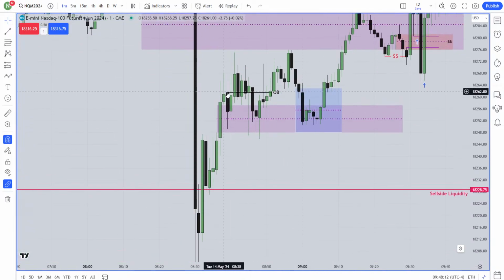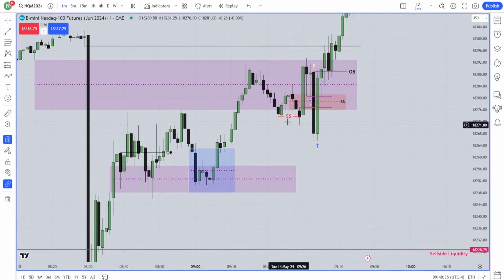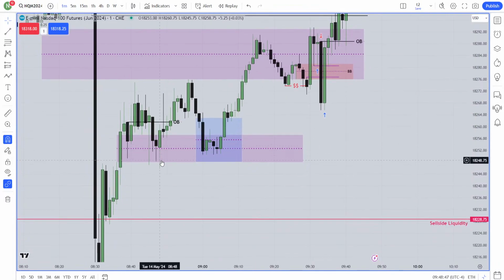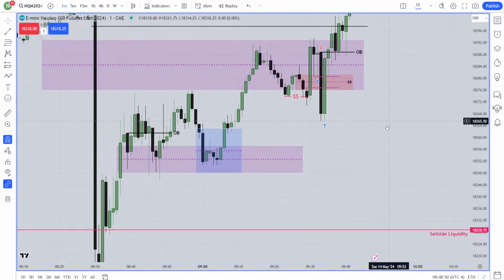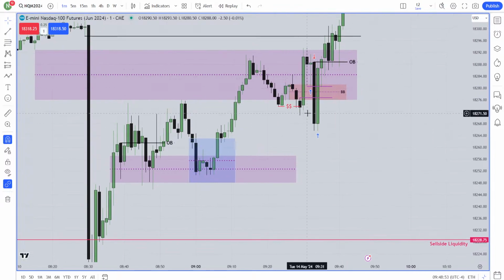What happened exactly? When the market traded this order block, it went lower than this order block. That means the market doesn't respect this order block perfectly. The parabolic gap trade didn't respect the order block, the change in state of delivery, perfectly. Instead, the market went lower one more time, took that low, then went higher. Here this is the breaker block. The market went lower one more time, took all of this low, then went higher. Are they the same? Went lower, took that low, then went higher.